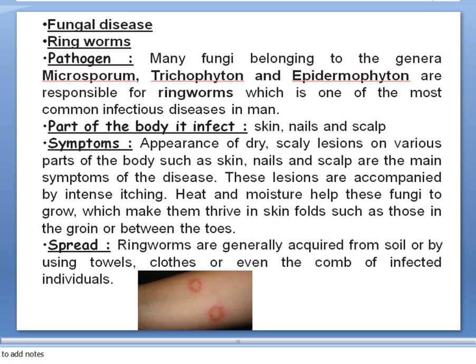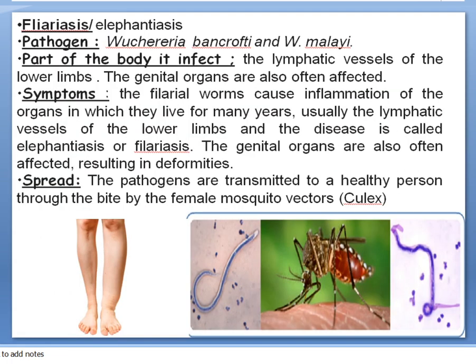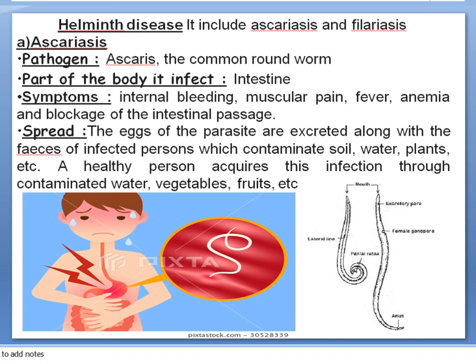I forgot to tell you one thing, it is there in the coming slides. Filariasis and helminth diseases: I told you these two diseases are seen very commonly in countries where human excreta is used as a fertilizer for the growth of vegetables. So